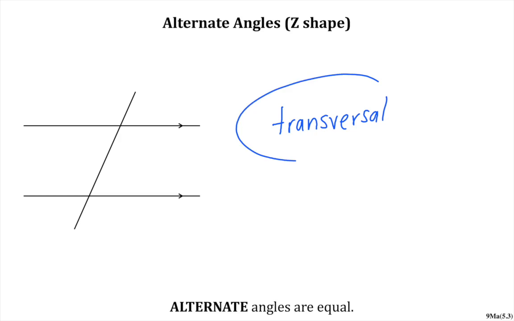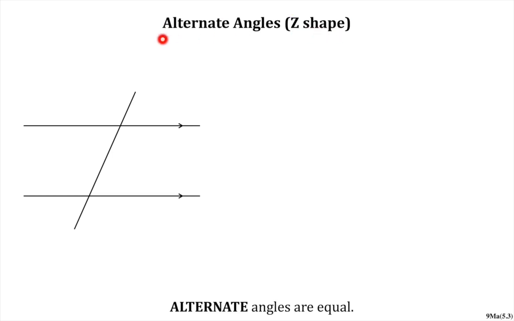And we'll talk more about that term later, but what we have is two parallel lines, 1, 2, and a transversal. Now we're trying to spot alternate angles. Now I call alternate angles a Z shape, but that's not the technical term. You have to know that they are alternate angles. So if you look at your diagram, can you see a Z type of shape